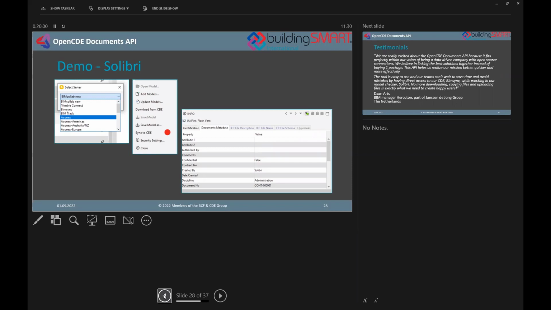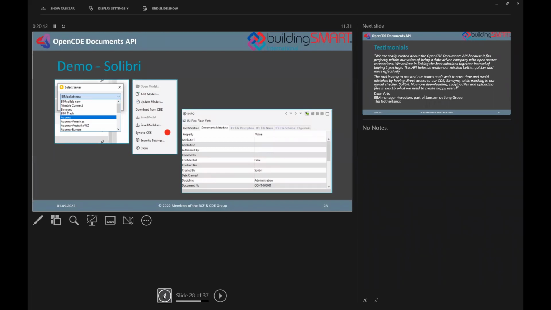Basically, Connor, the way to look at this is standardizing how anyone would interact with any CDE from any other tool, right? You only have one way of doing it, implemented one way, so it simplifies. You don't have one login protocol for Aconex, then a totally different one for BIM Collab, a totally different one for Connect. The interface is this, and it simplifies that quite a bit. They aim for any vendor to create or support this API, and then any software would at least have a minimal interaction with open